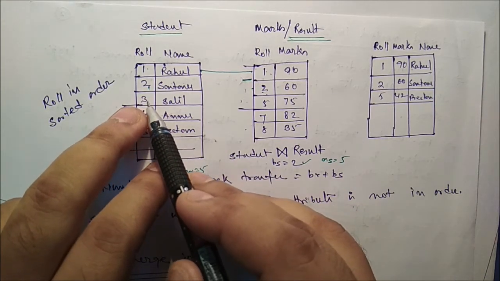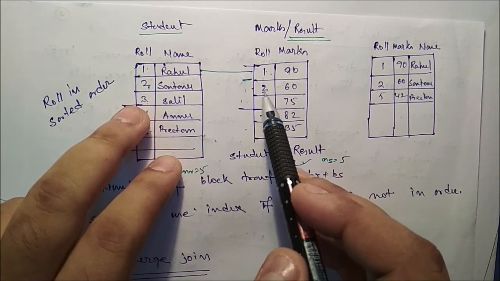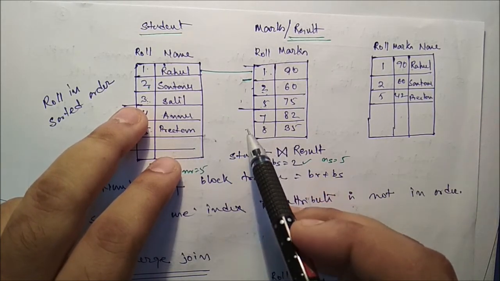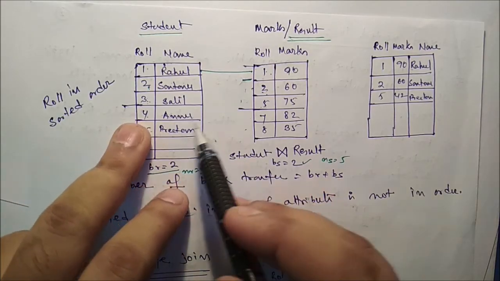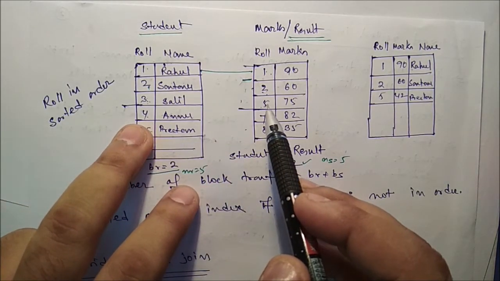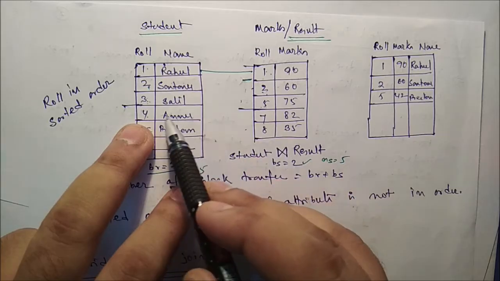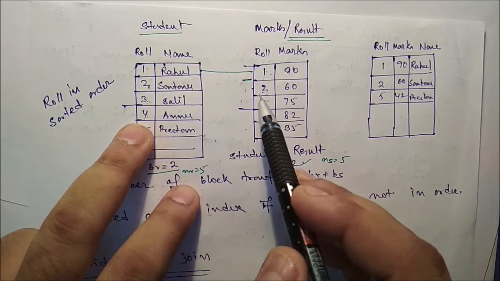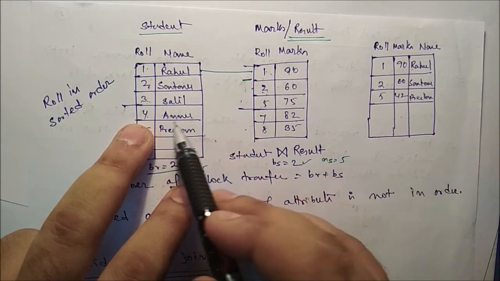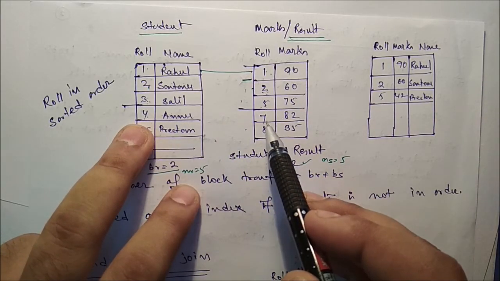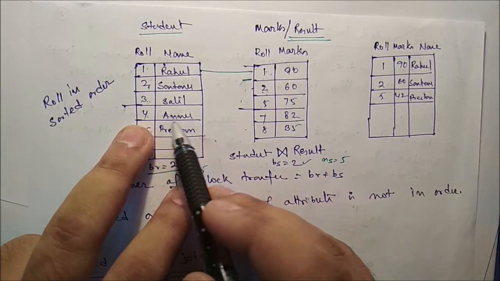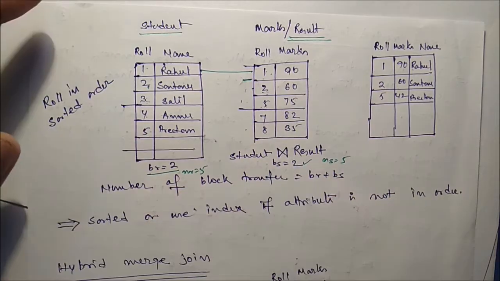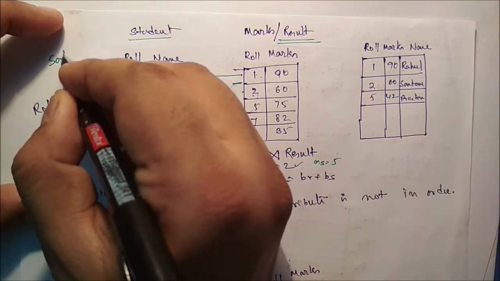Take this one, 3 with 2, which is less than 3, so we start with the next. 3 with 5, it is not a match, and we should not process further. 4 is less than 5, which means no record is present before that. 2 is less than 4, so between 2 and 5 there is no 4, and after 5 there should be no 4, because it is in order. So we should not compare any of the records, because definitely 4 is not there. So if we use this sort merge join,